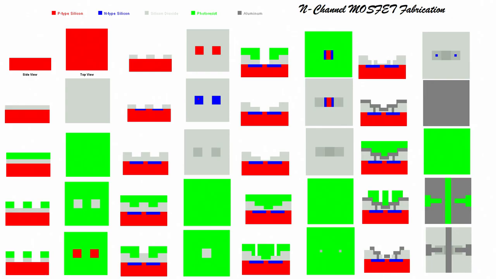A very easy way of understanding how many masks are used is just to see wherever spin coating of photoresist is done, you have to use a mask. Now, this is because every time the pattern is different. That is why we are using 4 masks. For MOSFET, you can see very clearly 1, 2, 3, 4 masks. Okay. So, let us see